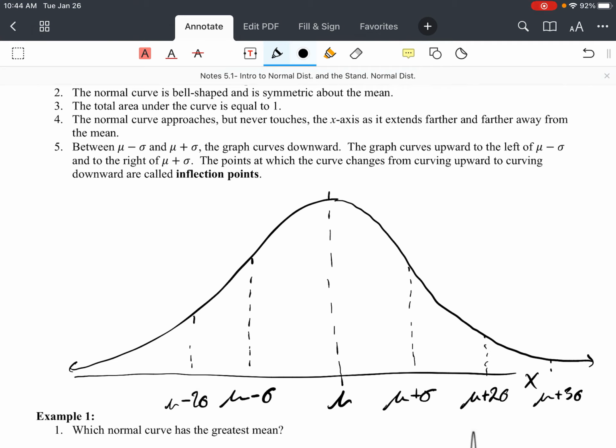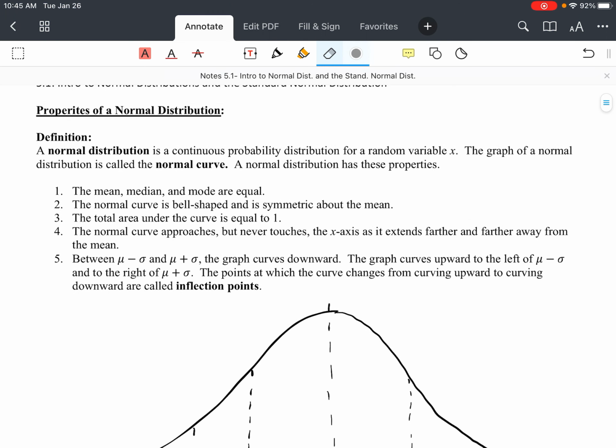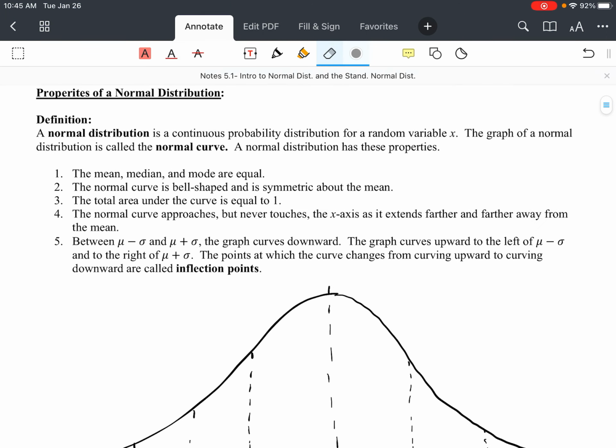And I could do the same thing over here. I could say this is the mean minus 2 standard deviations, and this would be the mean minus 3 standard deviations, and so forth. And remember, to be unusual, a value falls beyond that second standard deviation, either to the left or to the right of our second standard deviation. All right, so let's keep going through these